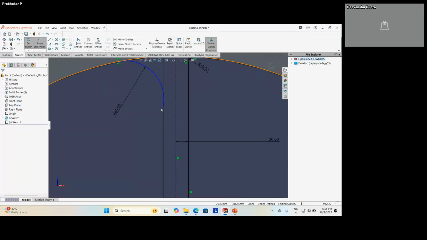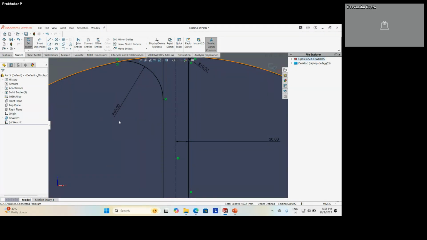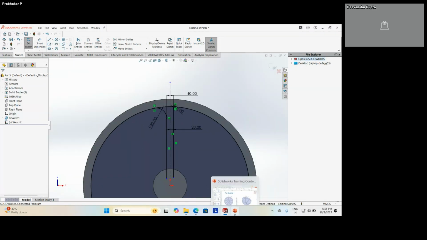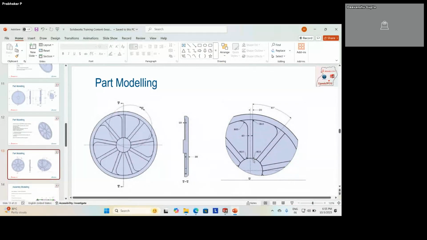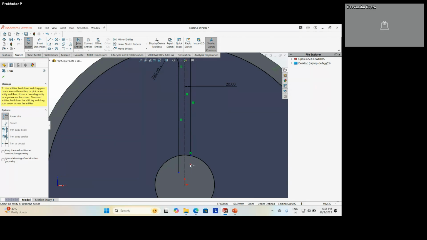So this is not tangent, that's why it is still in blue. Give tangent constraint. Then it exactly matches here with radius 10, radius 10. I just trim this.